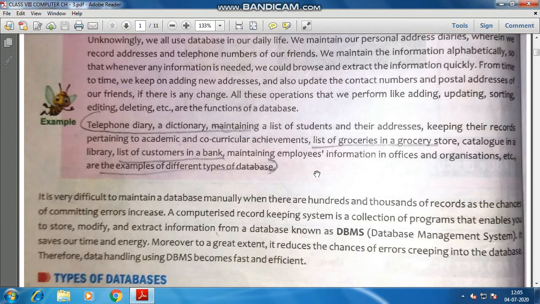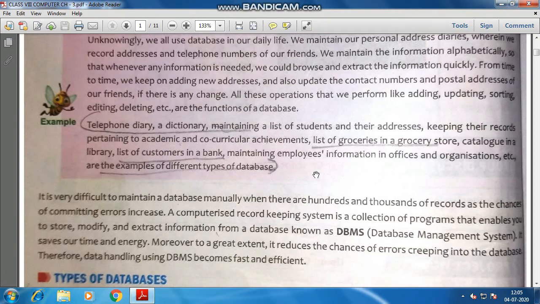Catalog in a library. Whenever you go to the library as a student to search for a book, or you want to issue some book, the librarian has a catalog which is already made, before the start of the year. They just keep that catalog with them, and whoever comes to the library wanting to search for a book, they look at the catalog and tell them the Almirah name and Almirah number where the book is placed. So it is easy to identify, right?